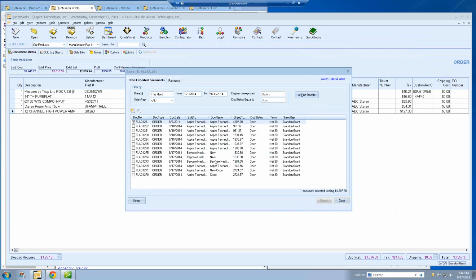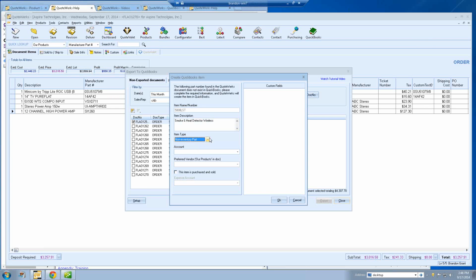So when you're exporting your document over to QuickBooks, if an item does not exist in QuickBooks, it's going to prompt you and say, hey, this item, this part number was not found in QuickBooks. Let's go ahead and create it. And then it's just going to prompt you. So put in your item description and then select your item type, your account. And then if it is a preferred vendor, if you want to do this item is purchased and sold,